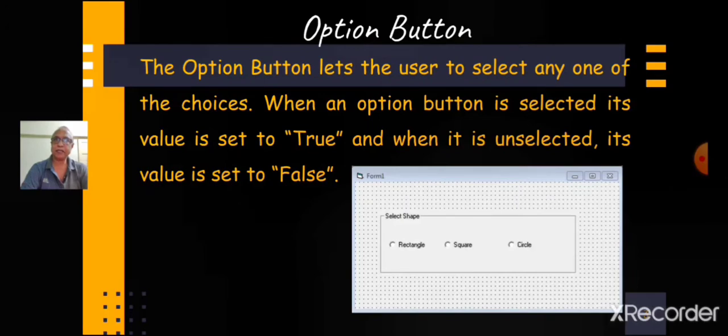Children, the best example to understand the option button is the question paper with multiple choice, where one has to select only one option that will be the correct answer.